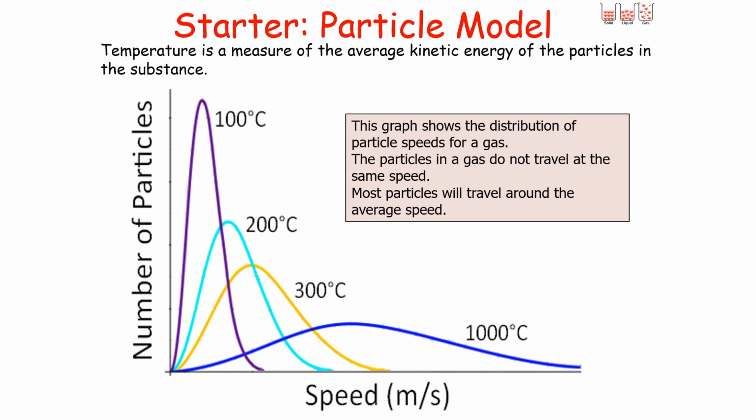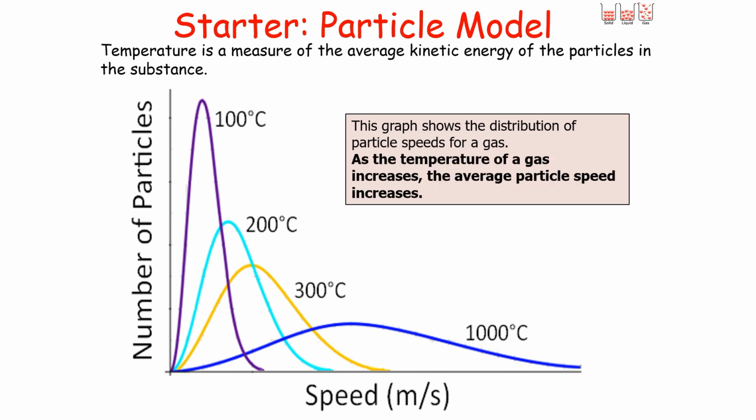Now, this is important because it shows us a few key ideas when we look at the different temperatures and the distribution speeds in a gas. So it tells us that firstly, as the temperature of a gas increases, the average particle speed in the gas will also increase. Again, as the temperature of the gas increases, the average kinetic energy of the particles inside the gas will also increase. And finally, as the temperature of the gas increases, the distribution or spread of the particle speeds in the gas will also increase. You'll have a bigger difference between the fastest moving particles in the gas and the slowest moving particles in the